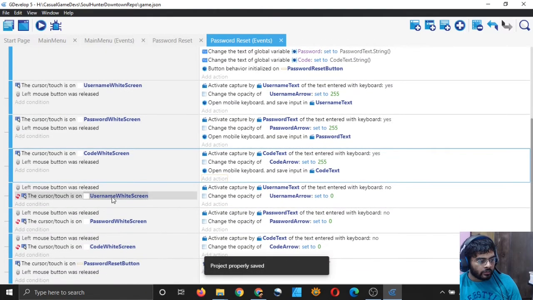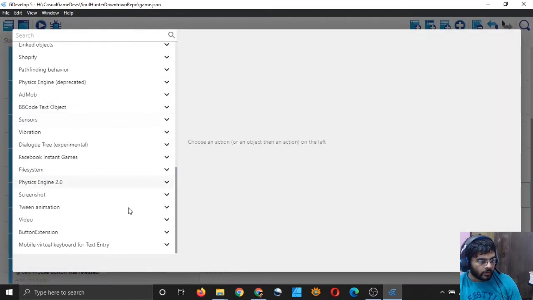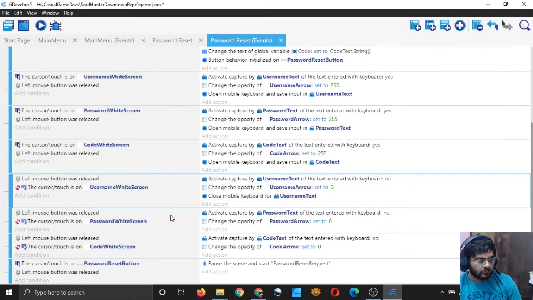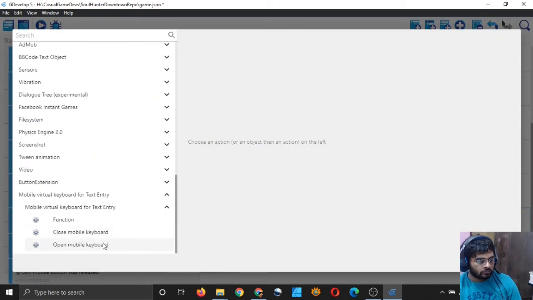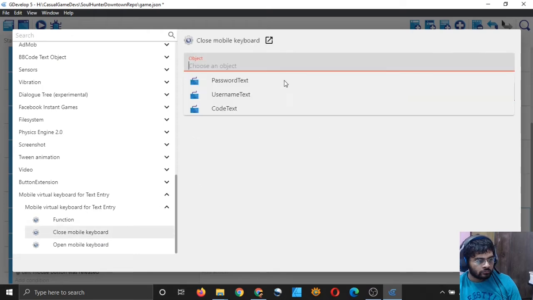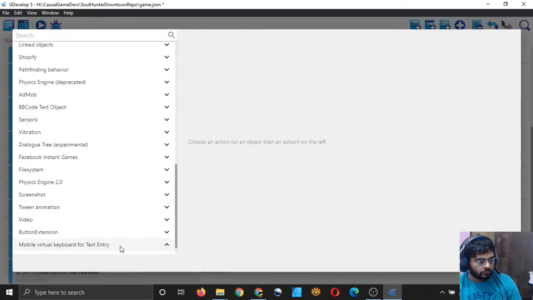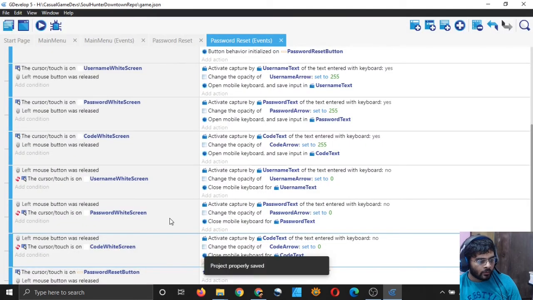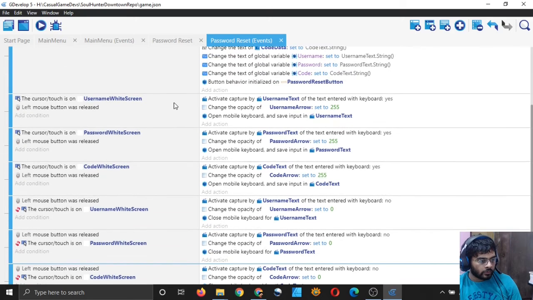And when we release the mouse from there, we will close the mobile virtual keyboard, first of all for username, and then for password, and then for code, right? So that's good, and it looks okay.